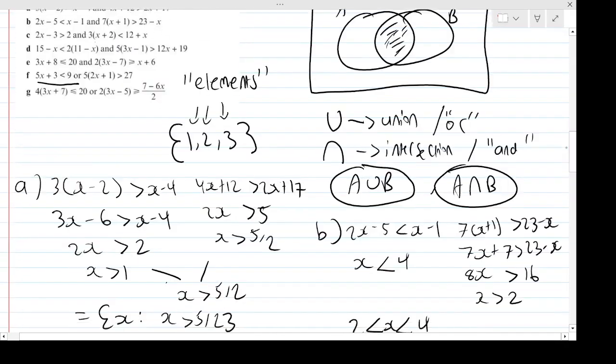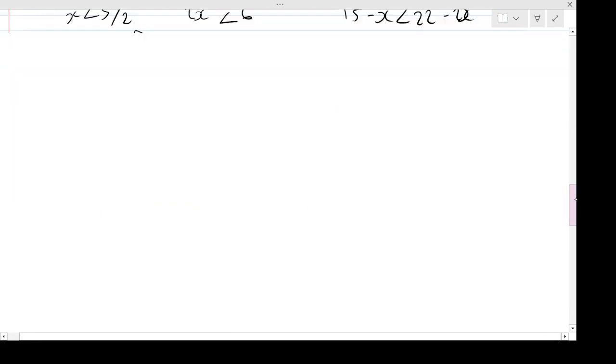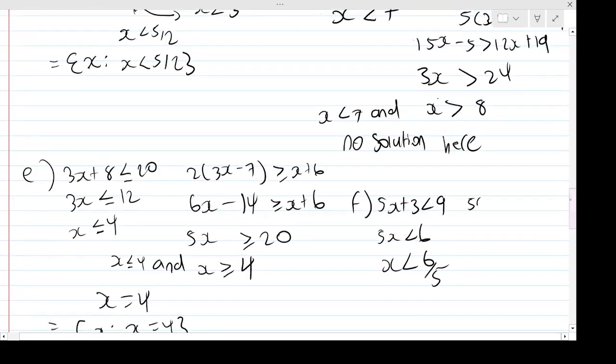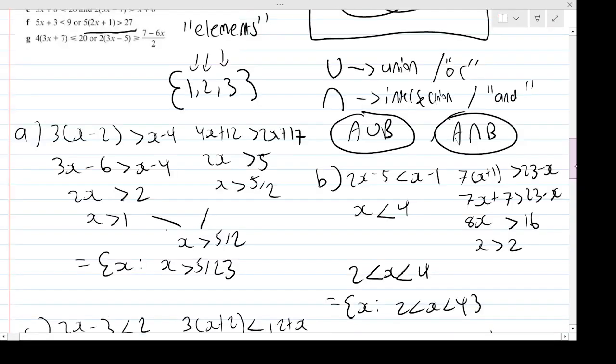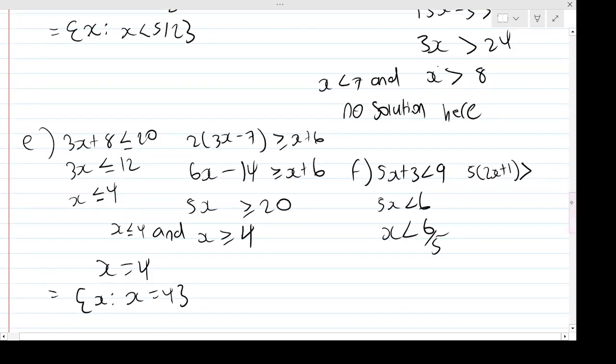And then the other one is 5 lots of 2x plus 1 was greater than 27. So let's expand that bracket. You get 10x plus 5 is greater than 27. Then if we move 5 to the other side, 10x is greater than 22, so x is greater than 22 over 10,